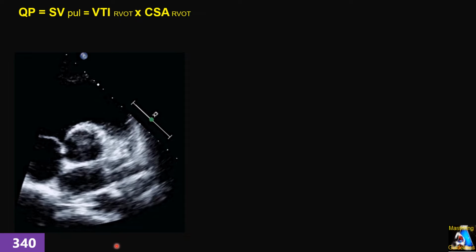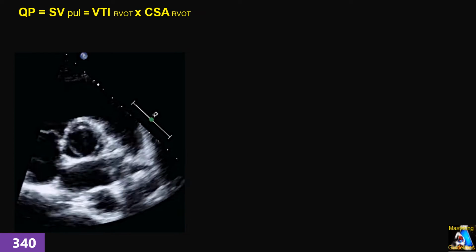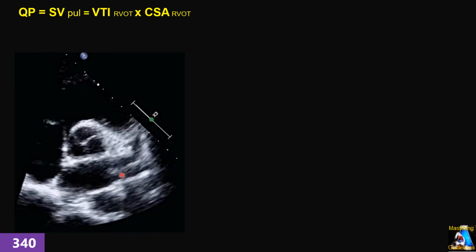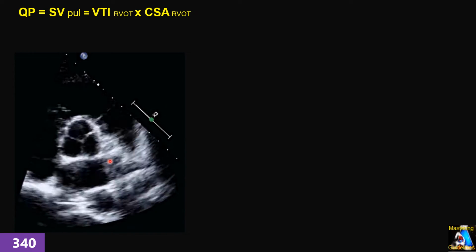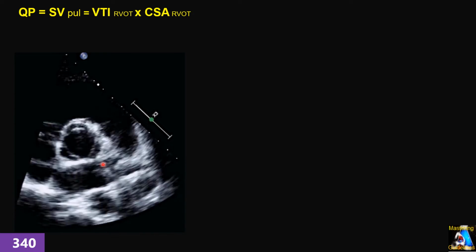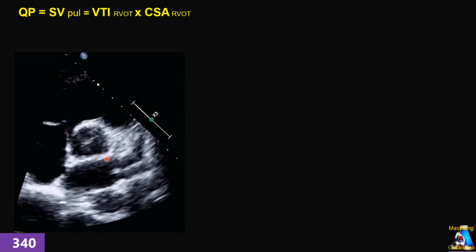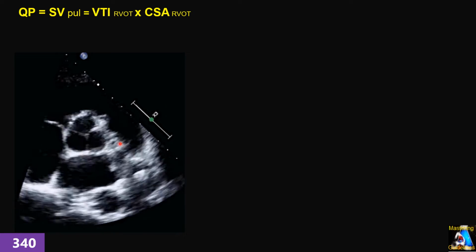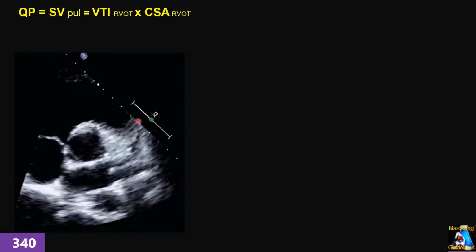Hi everyone. Here is the response to one of the questions a member, Human, asked. In those situations where we have a challenging RVOT like this case, what tips and tricks can we use to make it clear? And besides that, exactly which spot do we measure for the RVOT diameter, and at what time of the cardiac cycle, and where do we put exactly the sample volume for the RVOT pulse Doppler, because we measure QP based on those parameters, and